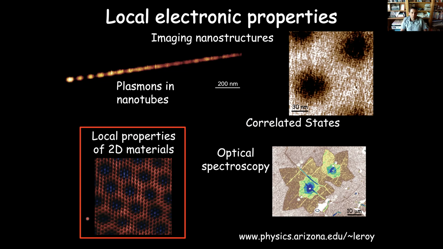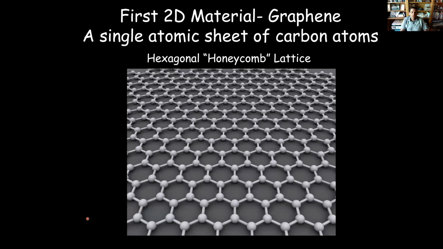As I'm sure you know, the first 2D material that was isolated was graphene. This was, I guess, now 17 years ago or so. It is essentially a single honeycomb lattice of carbon atoms. So it's a monolayer thick material with these carbon atoms at each of the vertices in this hexagon. This was the first material that was discovered, but then fairly quickly after, there was a large range of other two-dimensional materials that have been isolated.